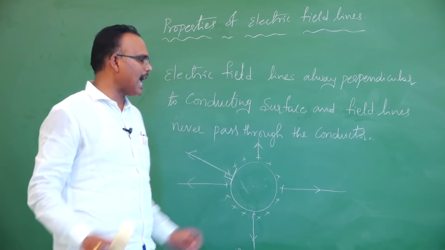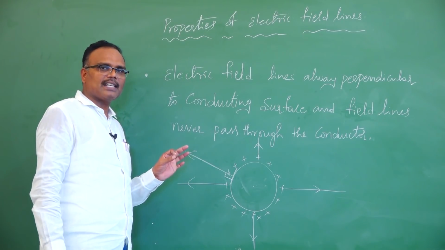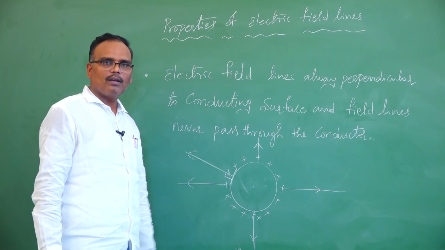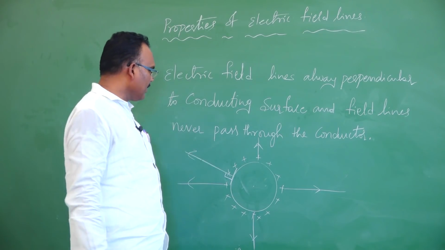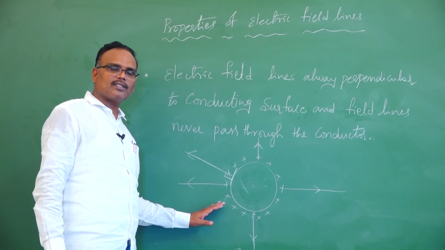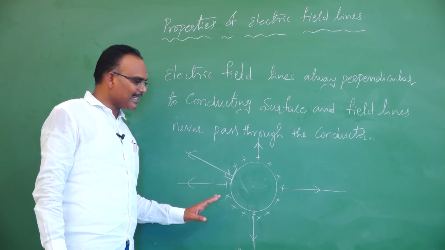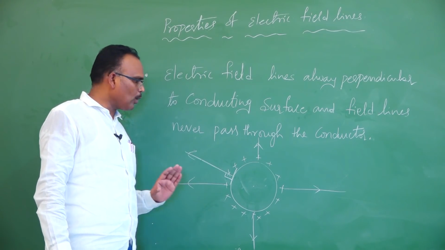Sometimes they will show you diagrams in the options. They will ask which one is the correct representation of a field diagram for a conductor. Even in the NCERT additional exercises, you will have one question. If you go through it and can answer that one the first time, then you are good at field lines.